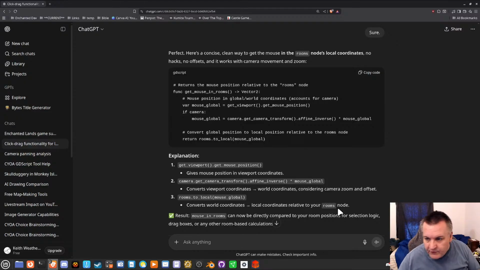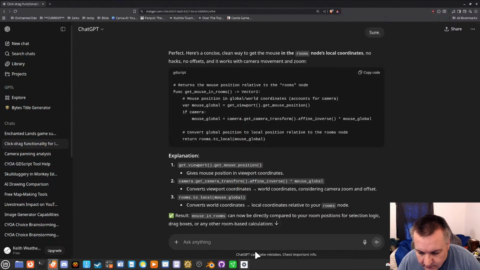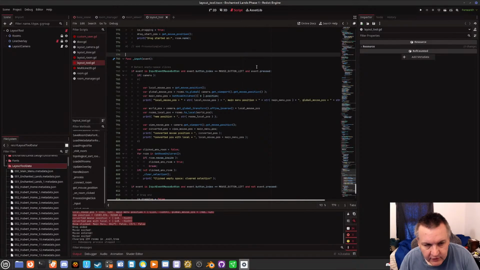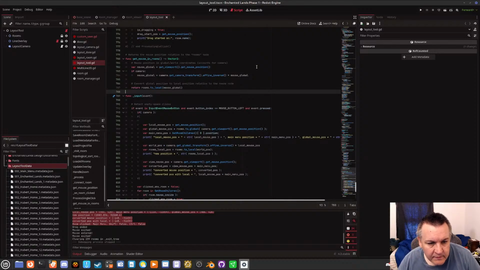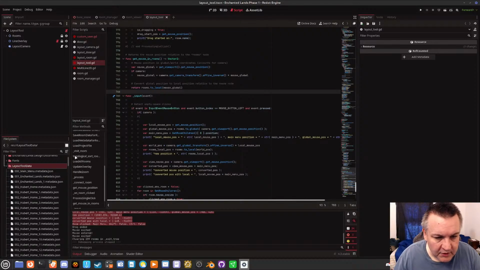I'm just going to copy the function and see if it works without any changes or any fixes or anything. So let's go ahead and close this. Let's go ahead and put it above the input function, and let's hit Control S, and let's see what it says. Okay, it doesn't look like there's a problem here. Okay, so what I'm going to do is I'm going to go ahead and say